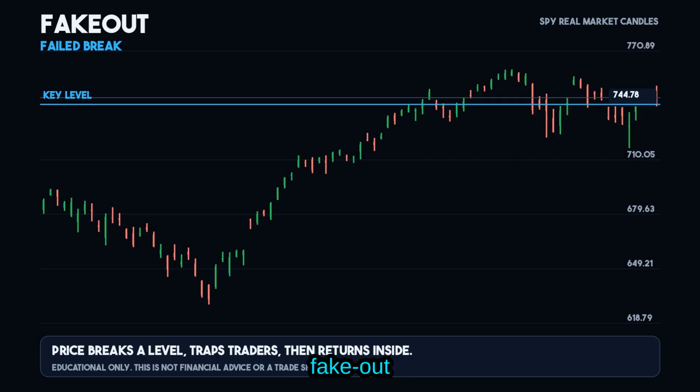To take your fakeout recognition to the next level, try to identify the type of market that's most prone to fakeouts. Is it a breakout market, where large orders are pushing prices outside the normal range? Or is it a continuation market, where traders are following the established trend? Understanding the